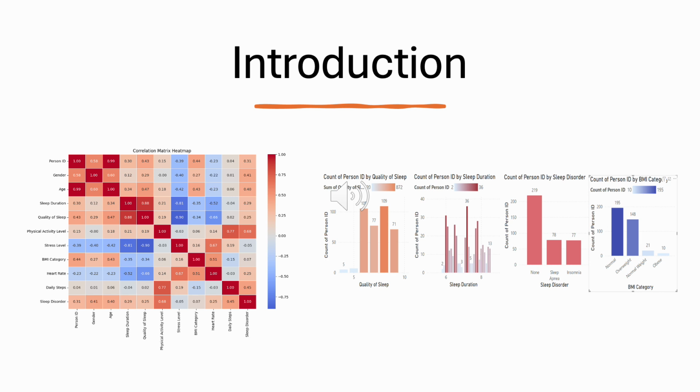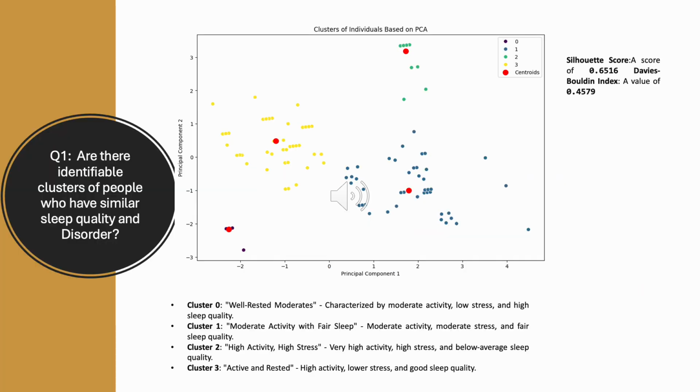On the left side, we can see a correlation matrix heat map. It was helping us understand more about the dataset and find a good question. Of course, the darkest color gives us a positive, strong correlation, while the dark blue gives us a negative, strong correlation. Going into the first question, which is, are there identifiable clusters of people who have similar sleep